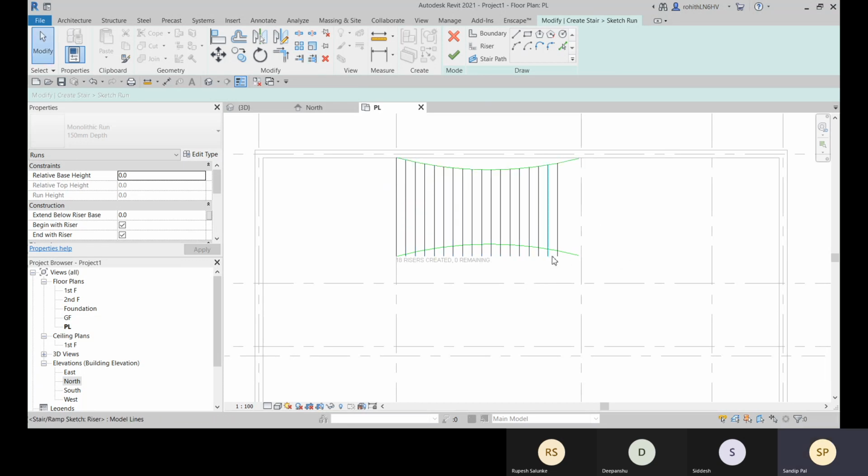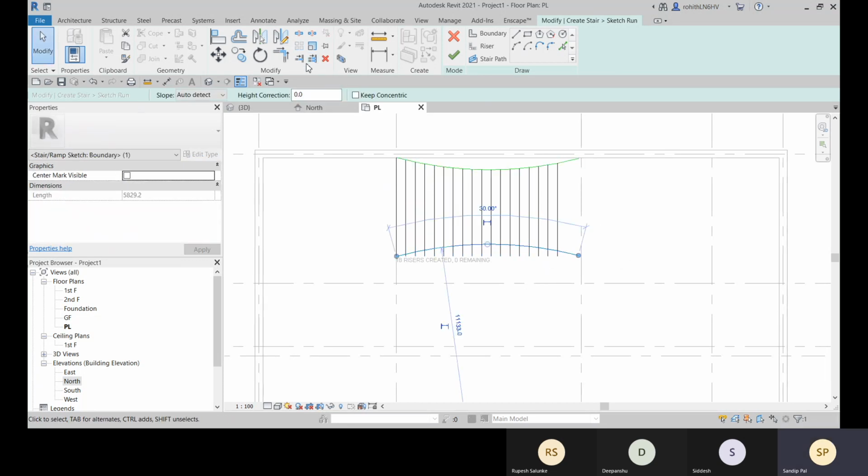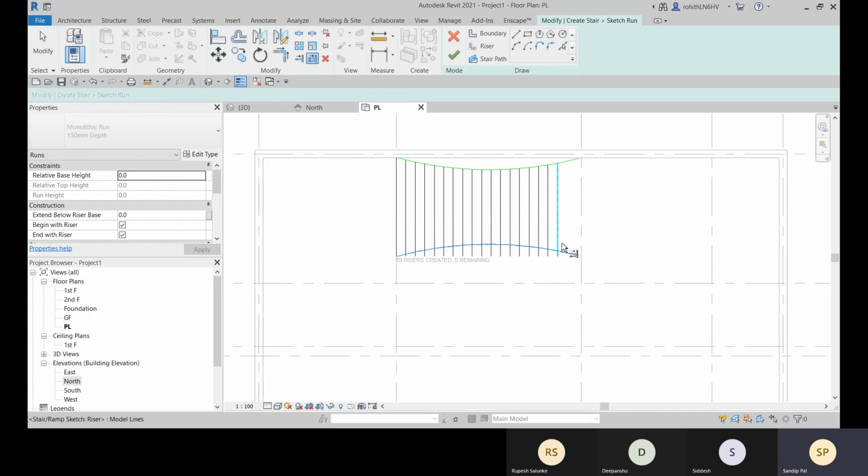Okay, and then again go for this trim, select it. Okay, and this one also, because this should be up to the last riser.